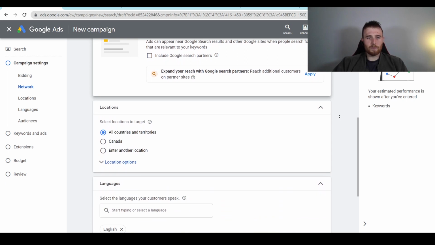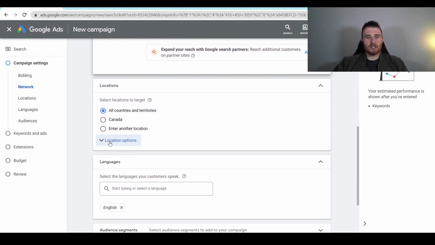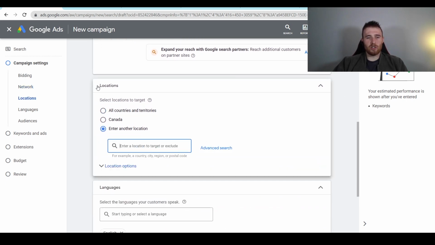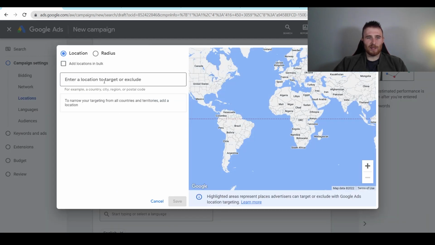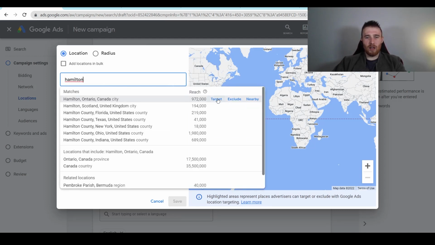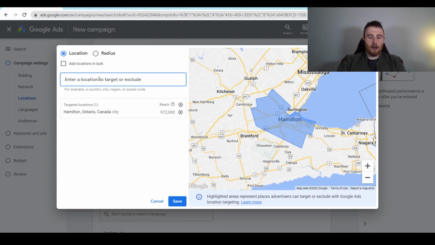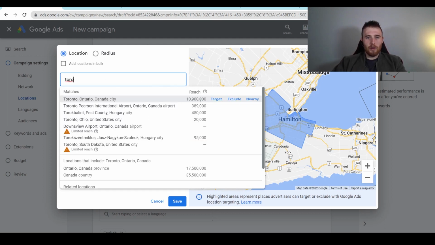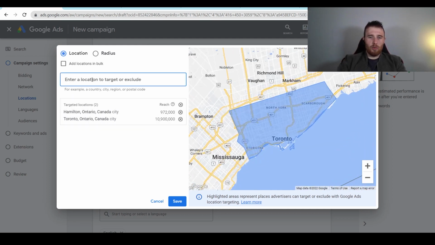Now, the next thing is location settings. I already set a location early on in our keyword planner, and I'm not going to make this very big just for the sake of time, I don't want to bore you guys, but we'll set it as Hamilton. We'll come over here to hit target. We're going to hit Toronto, and we'll hit target, and we'll do Mississauga,